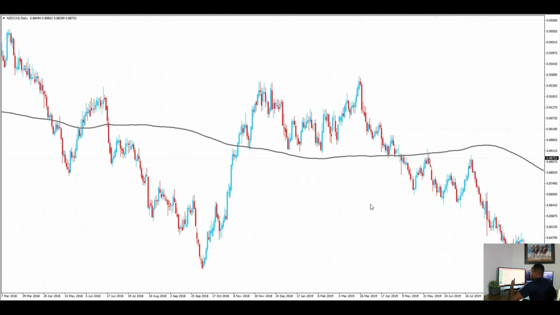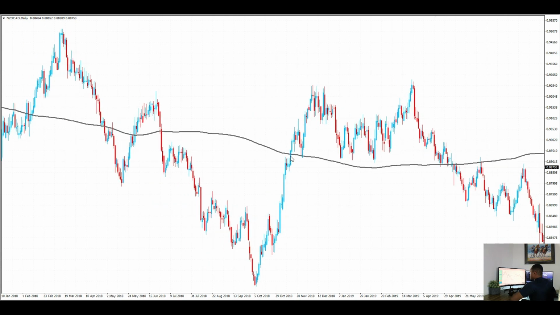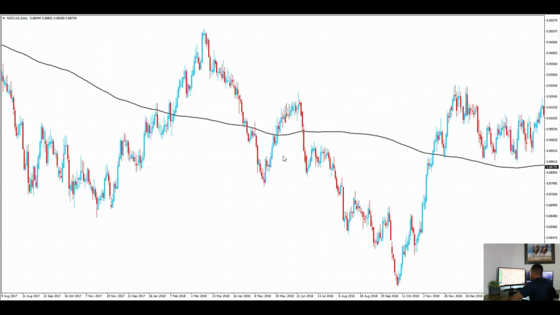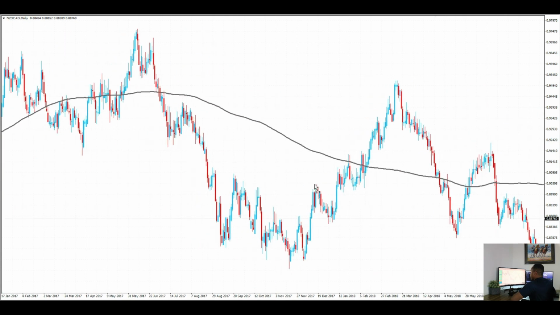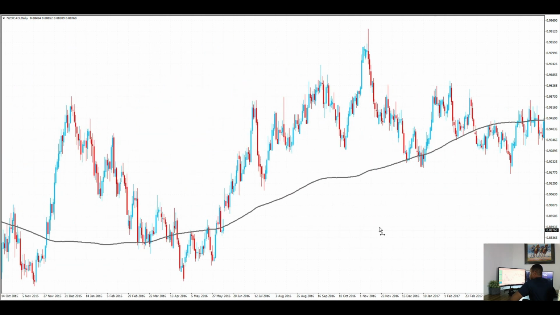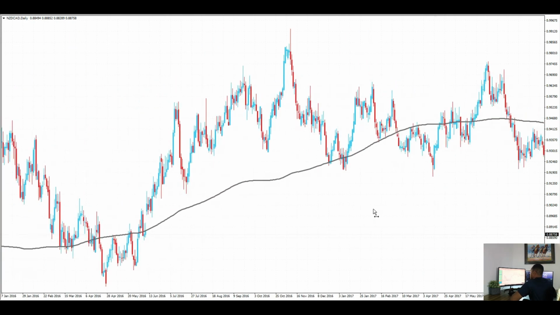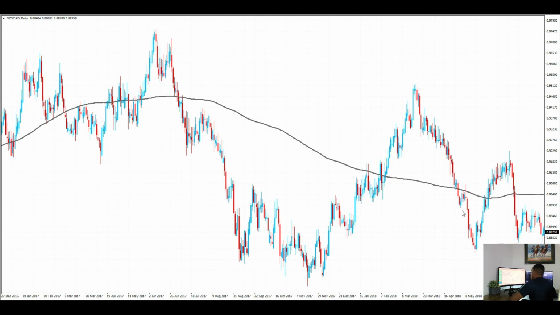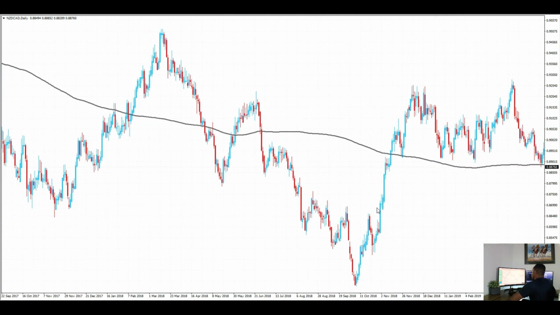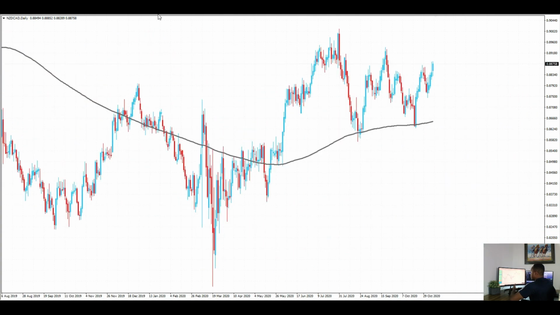Obviously not going to act as resistance and support every single time. As you can see there, price broke through it quite well. But again, when it does act as support and resistance, it does so quite nicely. So it's just an idea that helps me out with direction, gauge, and also added confidence of where we could come to,